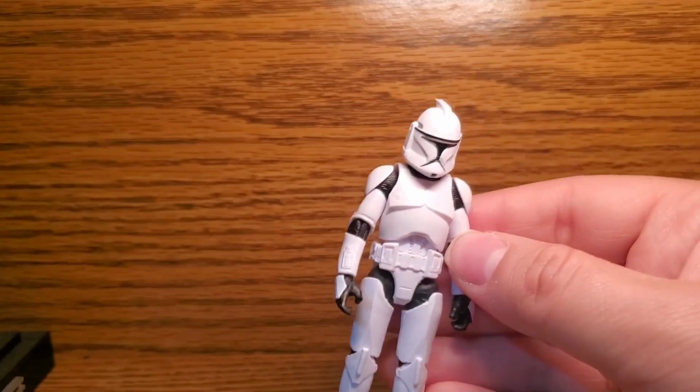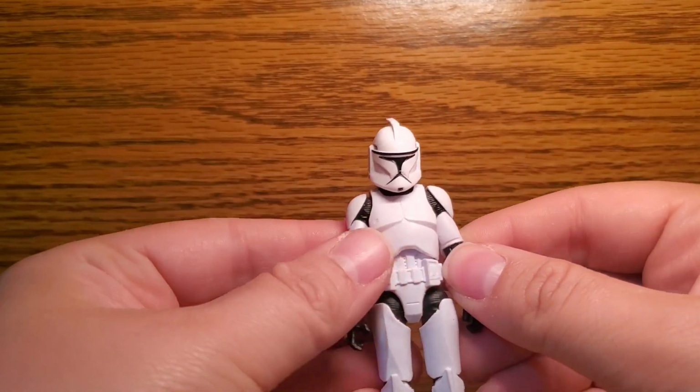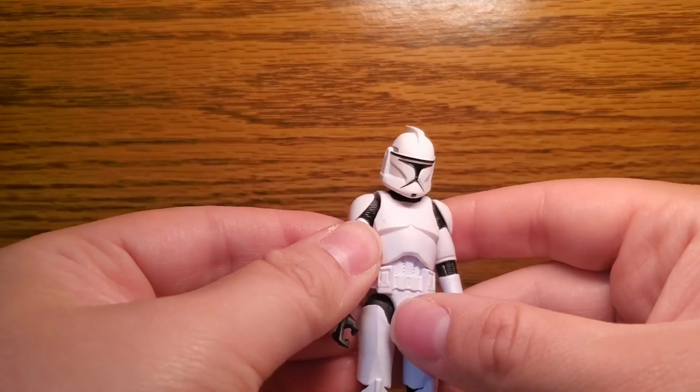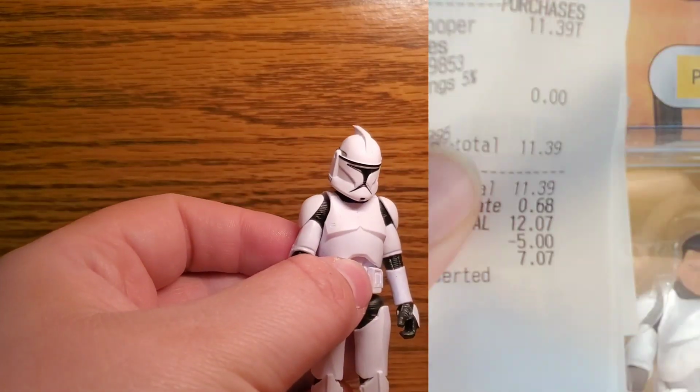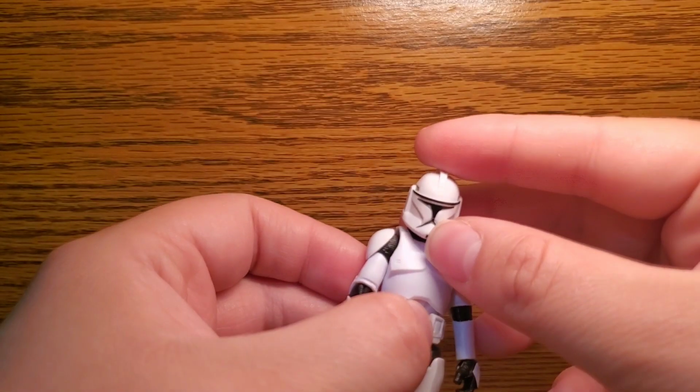And this figure is a completely new mold, I think, based off of the Andor figure, which I don't have, unfortunately. That one never hit shelves around me, so I was kind of sad about that. But this one I found for a snag on GameStop, and I was very happy with how much I paid